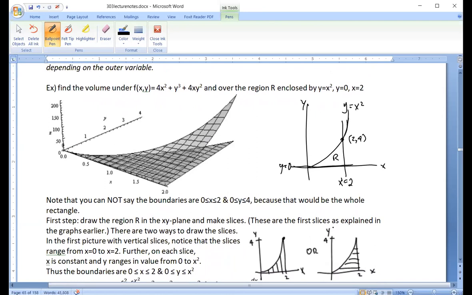And then the second step would be to make, in each case, the slices in the other direction, but we don't need that to set up the integral. So we can stop here. So we have to choose one of these two things. So let's just look at the first choice. So if we slice vertically,